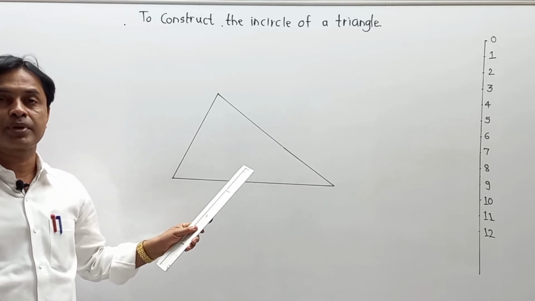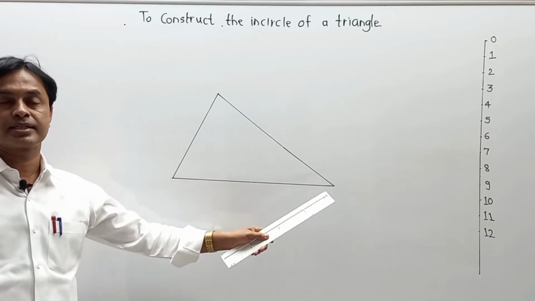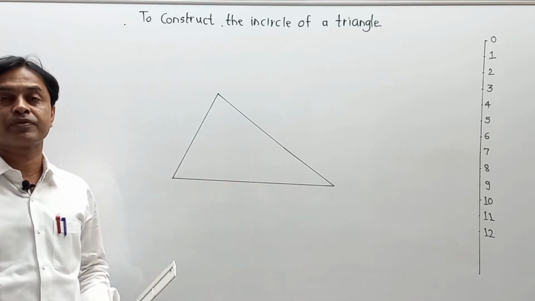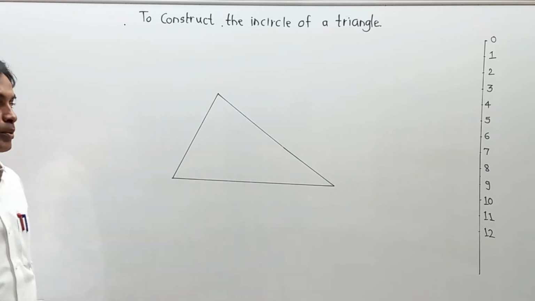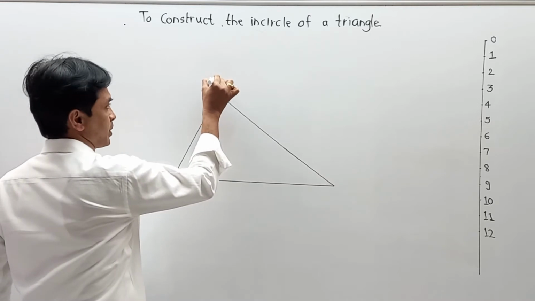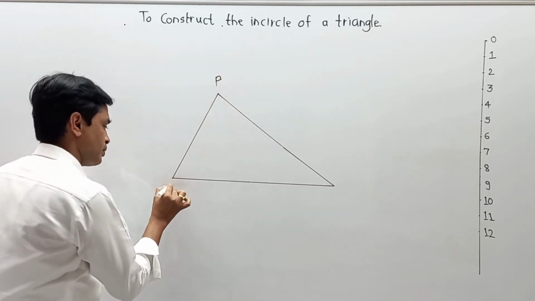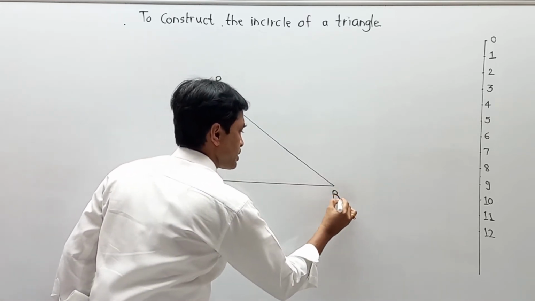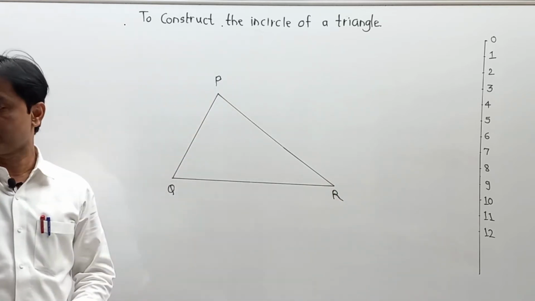Sometimes they may give you some kind of a measurement in terms of a length, like first side, second side, third side, or first side, second side, some angle, and in that way first of all we have to construct that triangle. Now I have already taken a triangle over here and I am going to indicate this triangle by name, triangle PQR. And now as this is a triangle PQR over here, their question is we have to draw the in circle of this triangle.